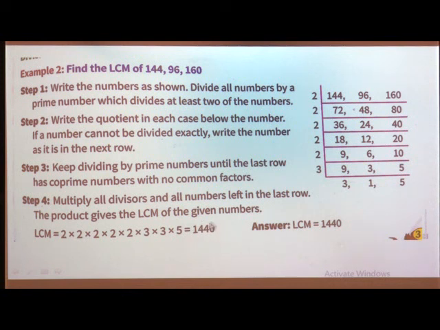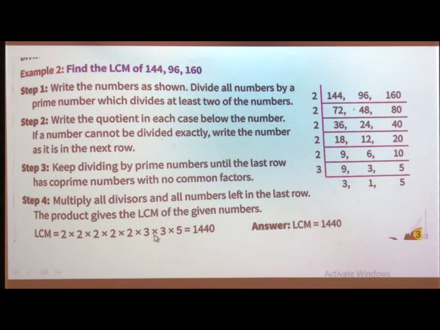When you are finding an LCM, you will get a large number because it is the least common multiple. So we are doing this multiplication, that is nothing but a product. 2 2s are 4, 4 2s are 8, 8 2s are 16, 16 2s are 32. If you don't know the 32 table, you can underline all this and write 32 here. Now, 3 3s are 9, 9 5s are 45. So you can multiply 32 by 45. You can do the rough work here and find out the LCM.